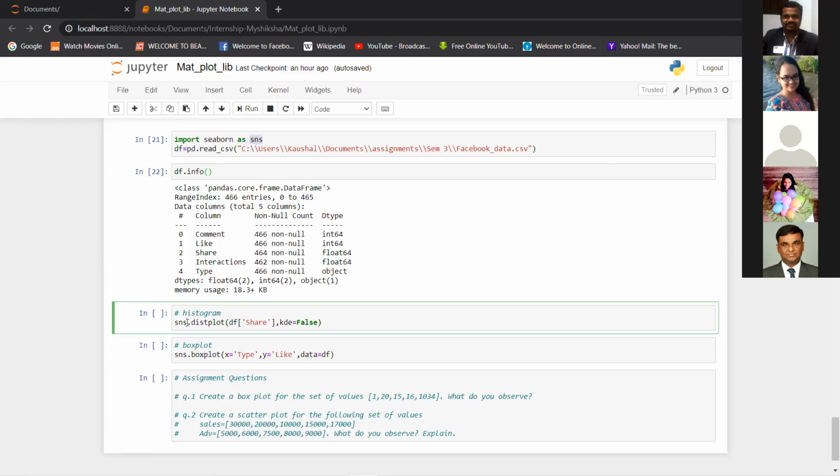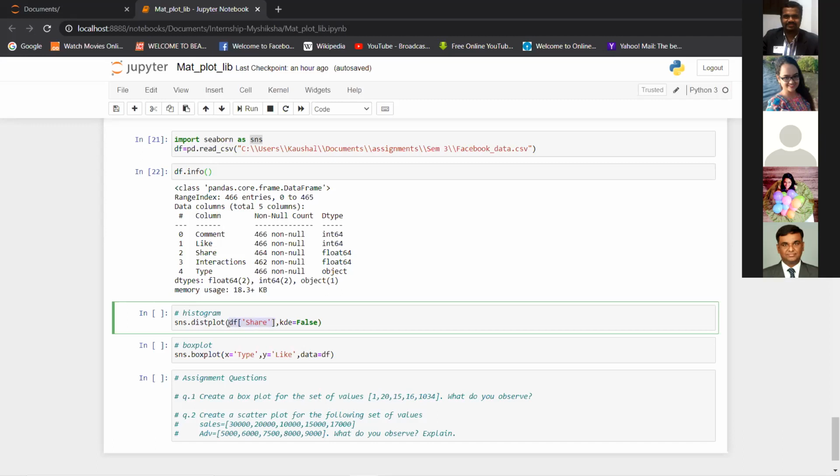You can use any name which you want as an alias. I'm using sns.displot. Now displot is similar to a histogram in matplotlib, so it will give you the frequency distribution. It is just named differently, displot. And I want to see the frequency distribution of the share column.